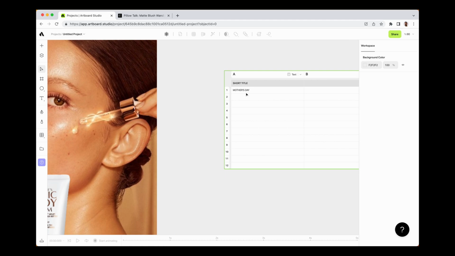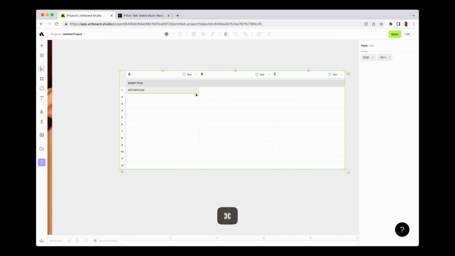Okay, now I just type Mother's Day and, right clicking on the table title, I'm saying AI copywriter, which is a new feature of Artboard Studio. So if I hit the AI copywriter, now I need to say Mother's Day. Based on the title, because I said short title and I said Mother's Day, it's going to give me 12 different versions of the punchline. If I hit enter,